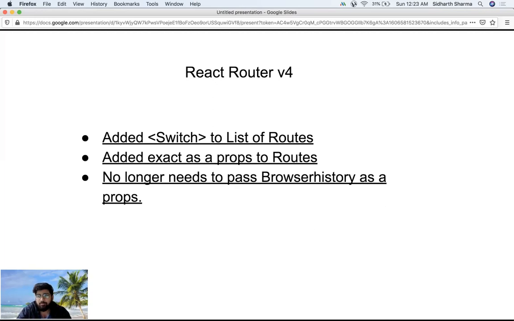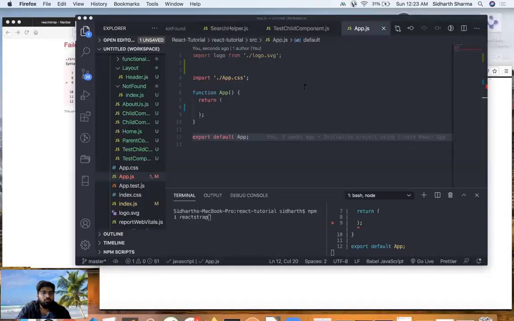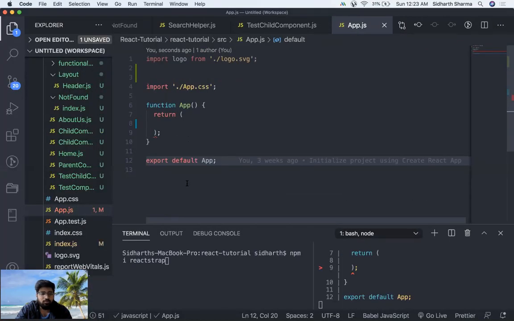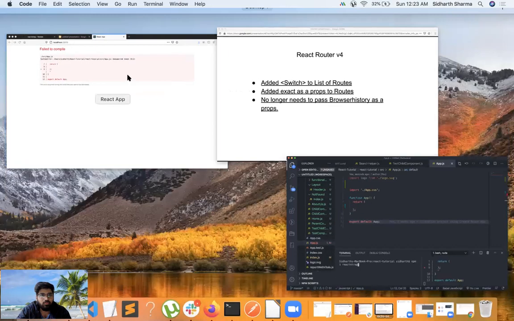Now let's jump to the code and let me show you how we can implement routing inside a React application. I already have an application with me. This is a web application, so that's why I'm going to import React Router DOM. I've already installed that package. You can see here, this is the npm install command, and I've imported the React Router DOM package. With that, I have also imported two more packages, React Bootstrap and Reactstrap. I need these because I am going to show you a navigation bar, and for that I'm using Reactstrap.